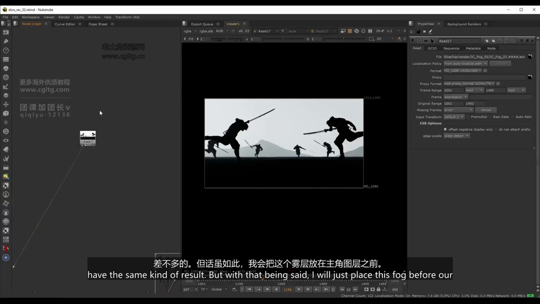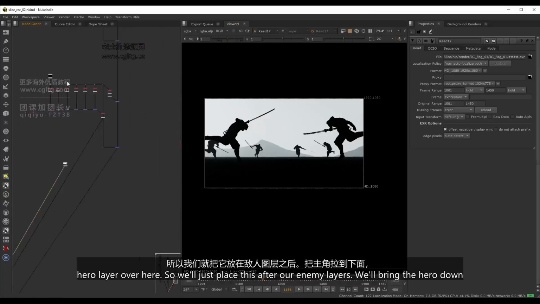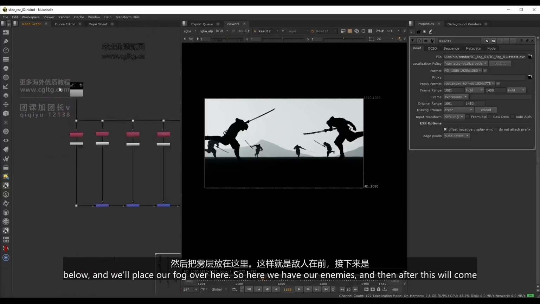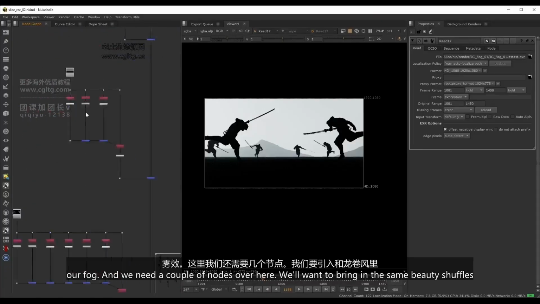But with that being said, I will just place this fog before our hero layer over here. So we'll just place this after our enemy layers. We'll bring the hero down below and we'll place our fog over here. So here we have our enemies, and then after this will come our fog, and we need a couple of